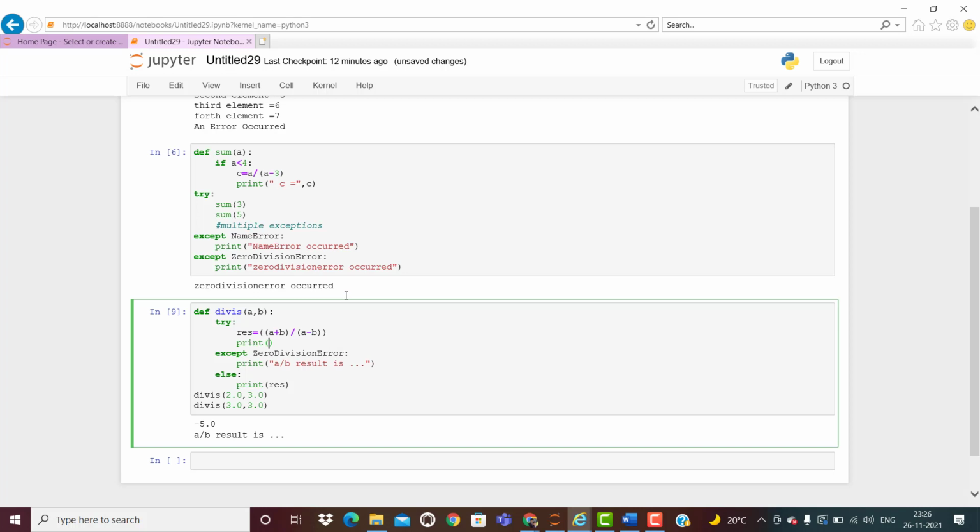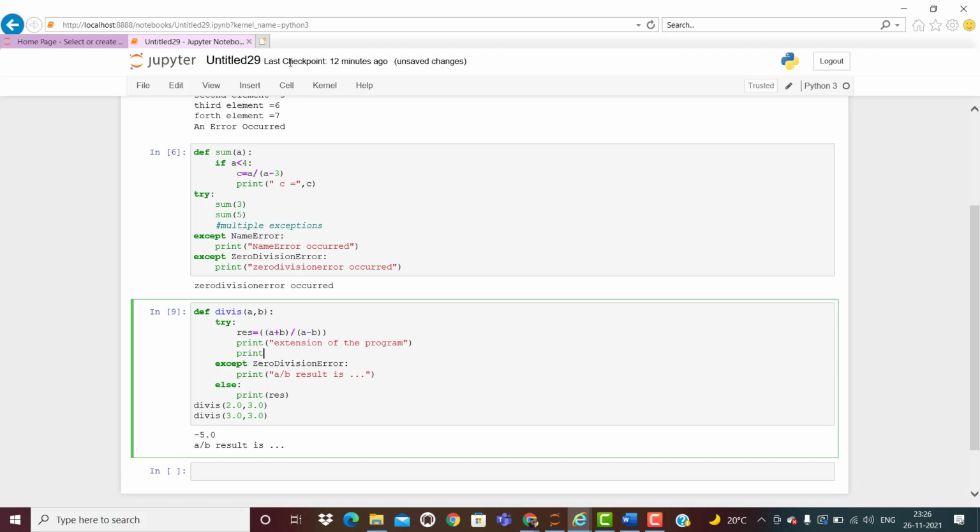That means after the exception you'll have some more statements, some more program code it may be. So here the extension of the program I will write. That means it is going to have some executable statements we can write. This is the next line.